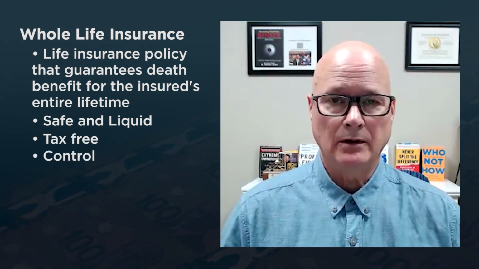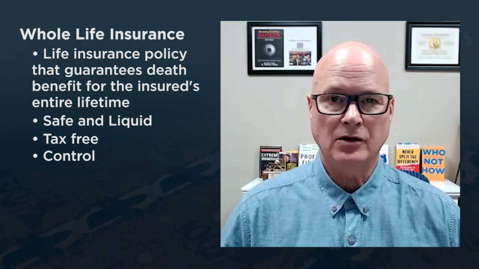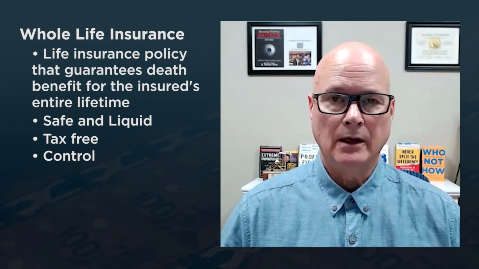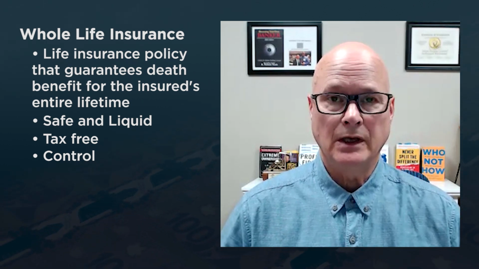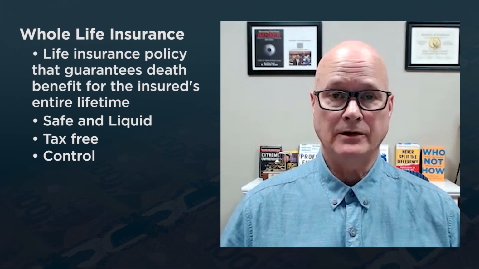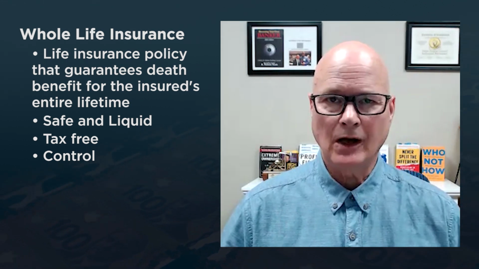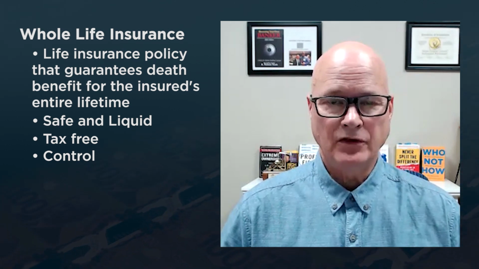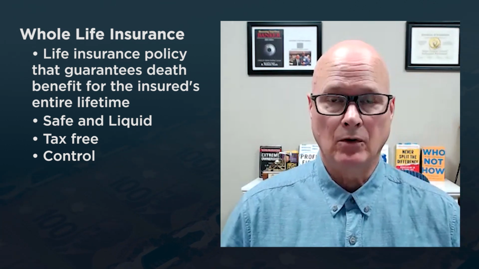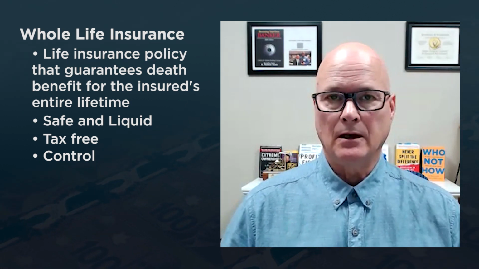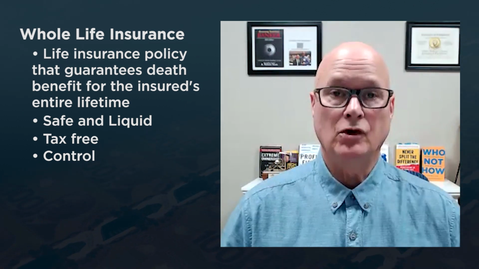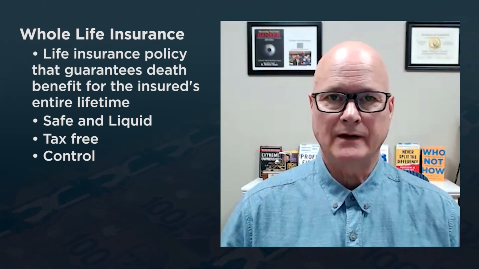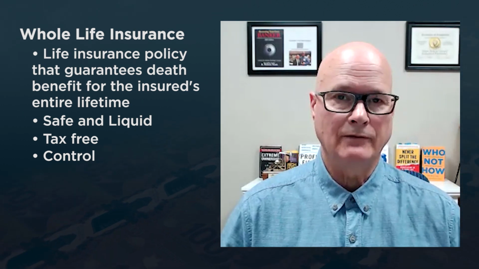That's the part that I like about it. You get to control a lot of the things that go on because the contract is a unilateral contract. And that gives you all kinds of control. You get to decide if you want to transfer it to someone else. There's just lots of great attributes. It's private. So if you took a policy loan against a whole life insurance policy, Equifax would have no knowledge of that policy loan because it's a private deal. So there's all kinds of things that are positive about whole life insurance.